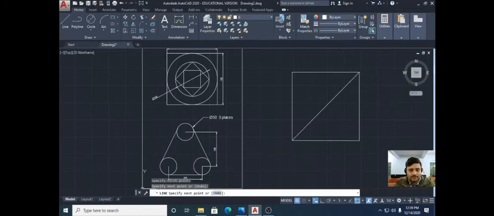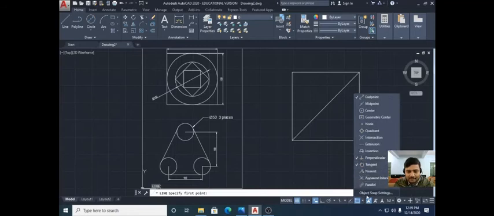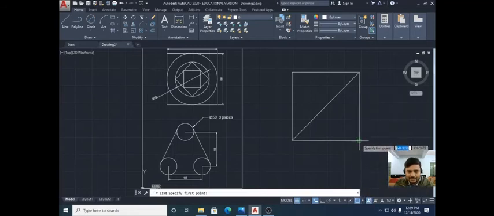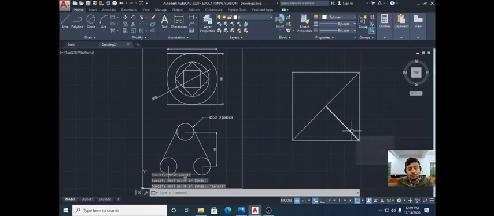So first mark the perpendicular option, press onto the endpoint, and click it. Now you can easily make the perpendicular part. You can see how important the object snap tool is.